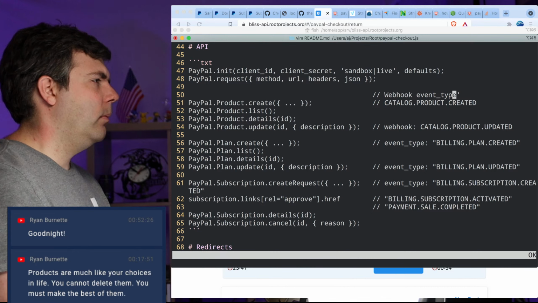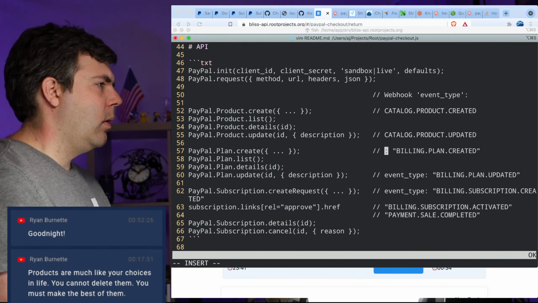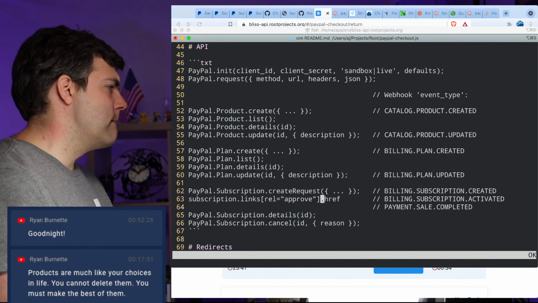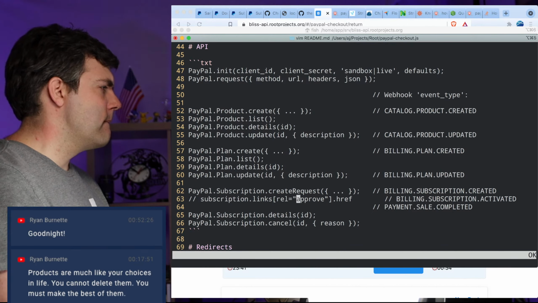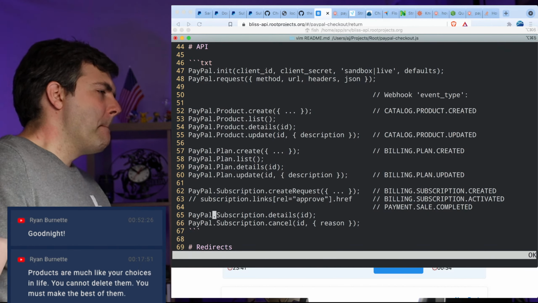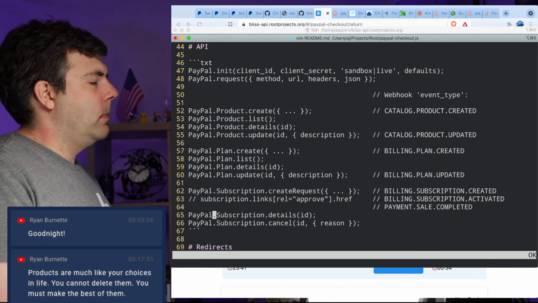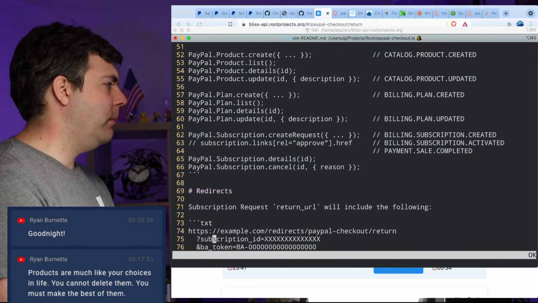Webhook event type. Okay, so that one looks good.